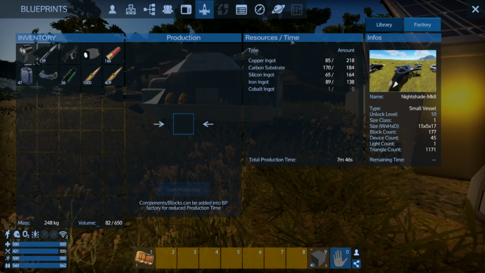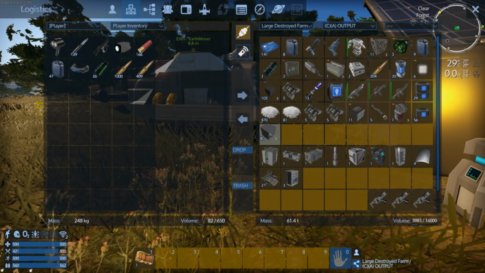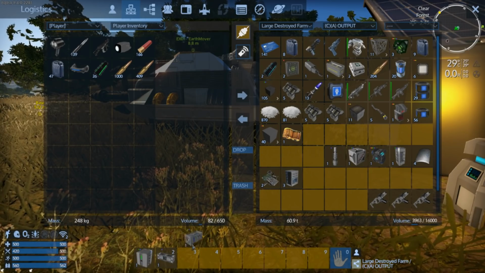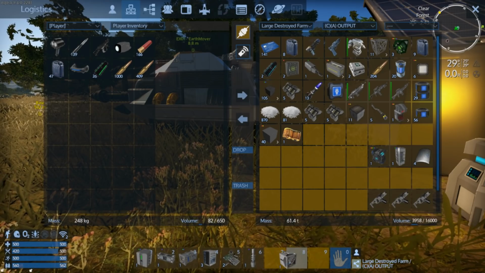So, not the steel blocks. Not the steel blocks. No, I need those. I need those for general base shenanigans. So I'm basically going to recycle Sparky into the Nightshade, and then whatever is left I'll make up from other stuff. All these...